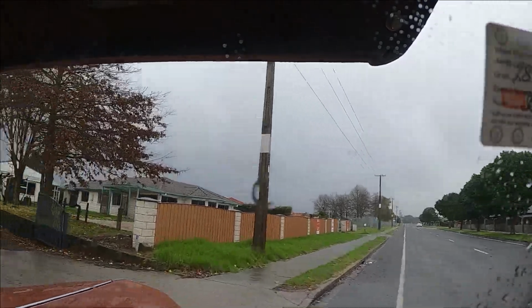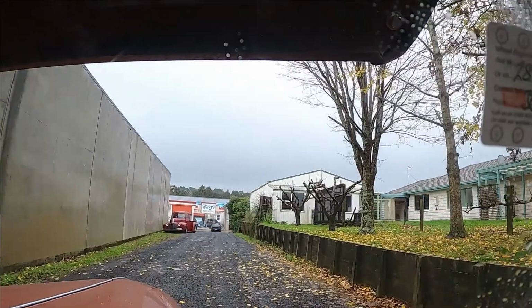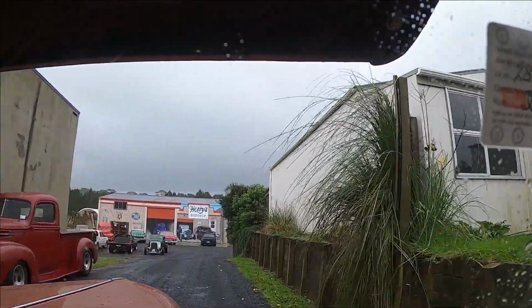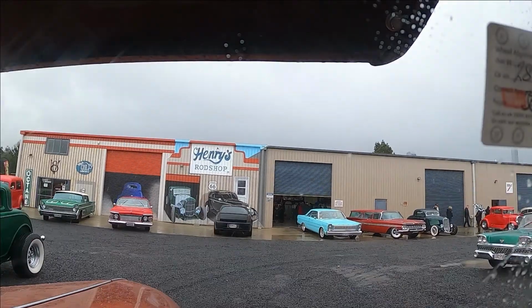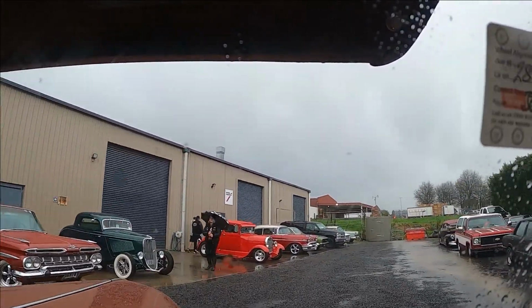Finally made it into Henry's Hot Rods in Kaddy. Just going to park up and get to have some lunch and have a look around. Or have a look around first, then have some lunch. There's a virtual river running through this car park here, but